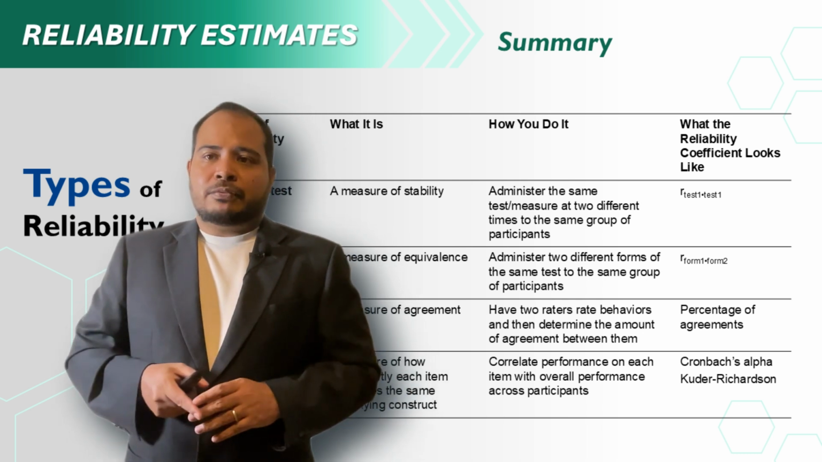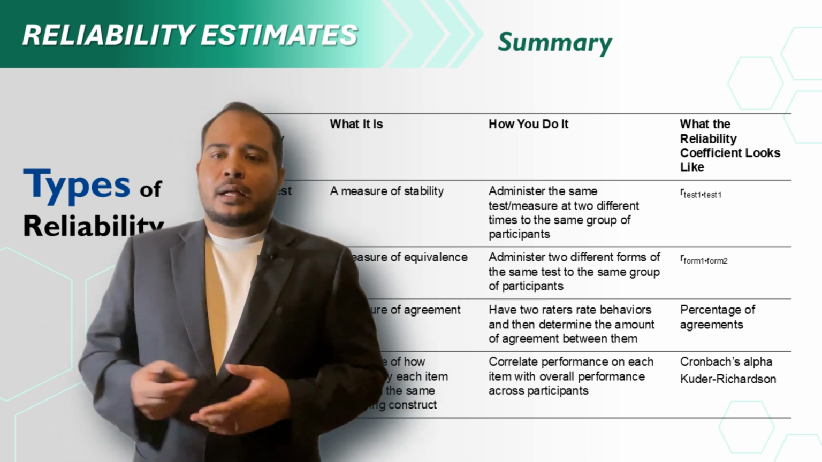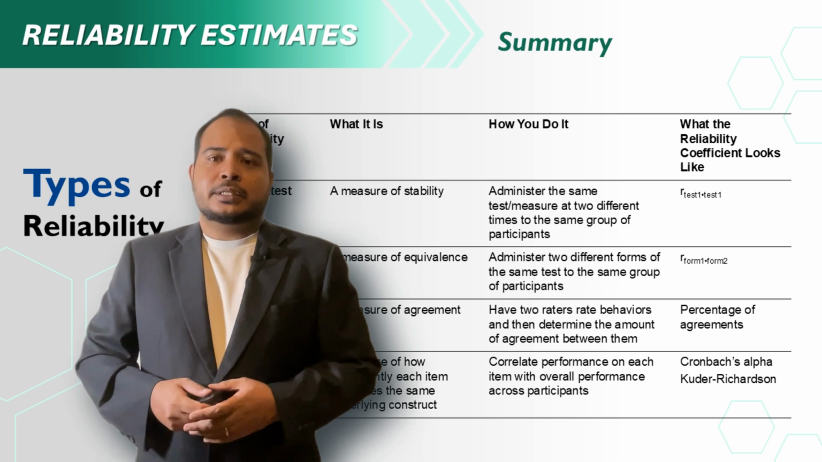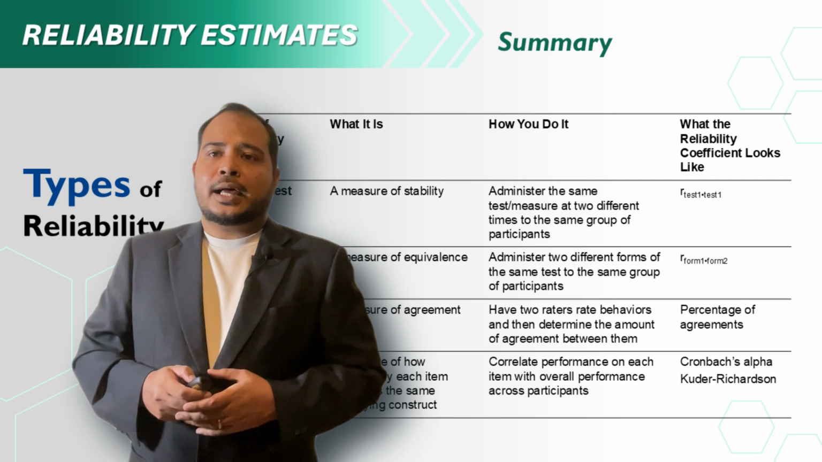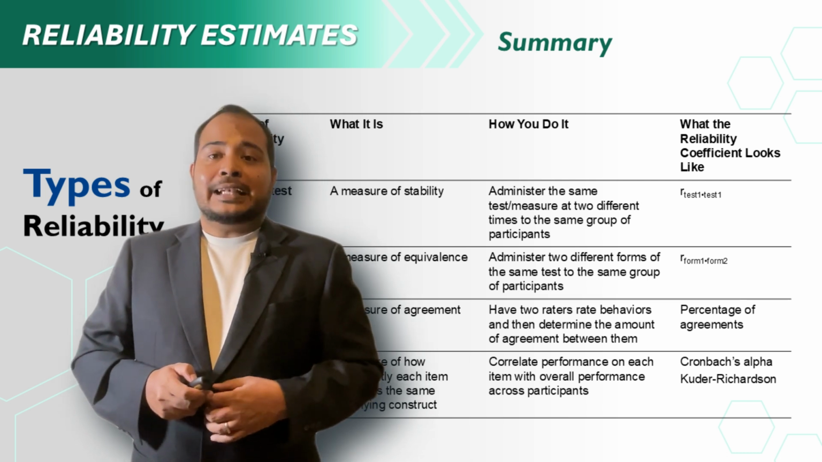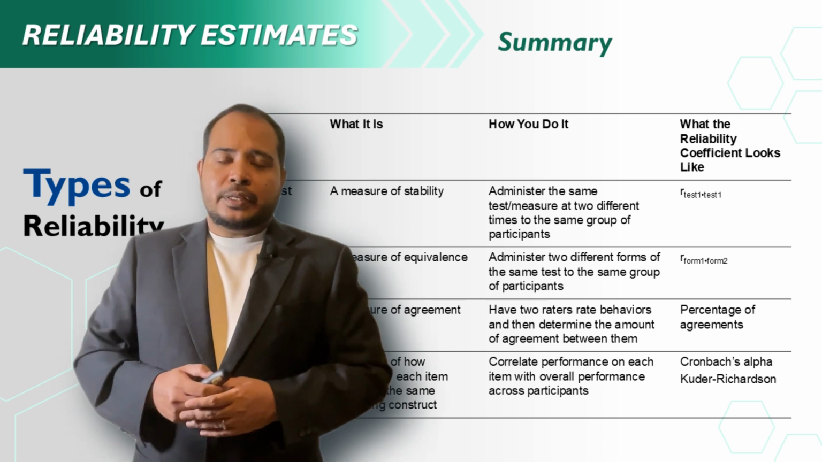And then percentage of agreements for inter-rater, agreements between the raters. And then Cronbach alpha, Kuder-Richardson test. Okay, the alpha symbol as well as the figures. So these are the summary of the reliability estimates that we can explore to provide the evidence of reliability